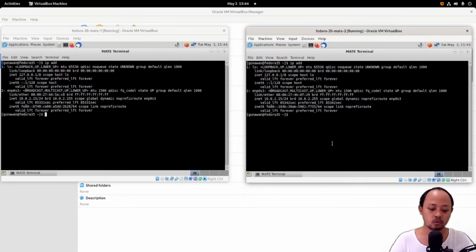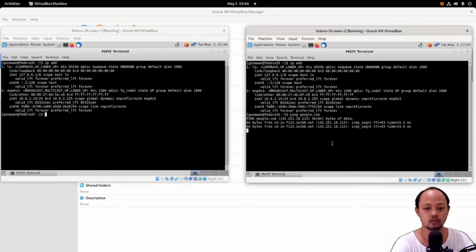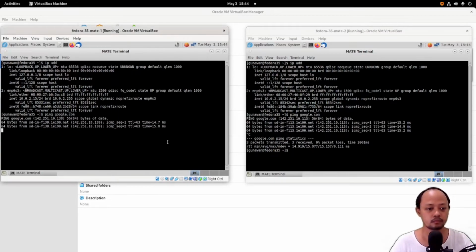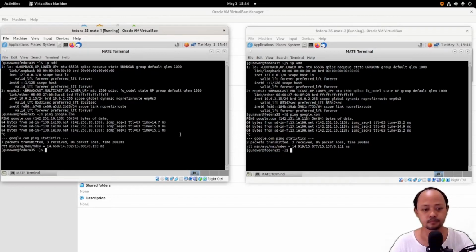And we will try to ping Google. Each VM has access to the internet.